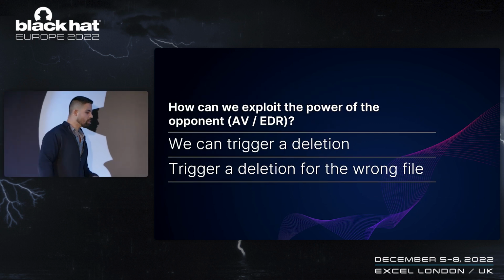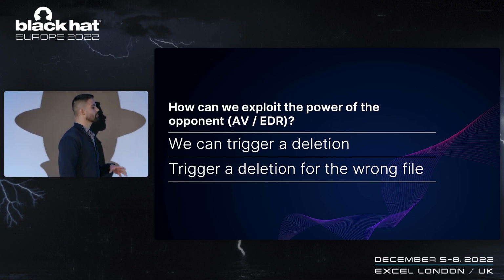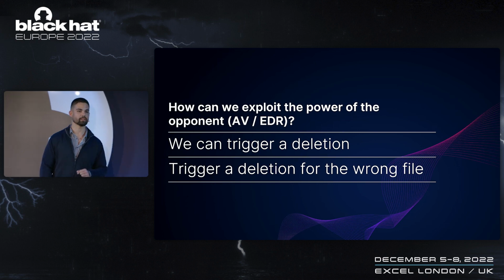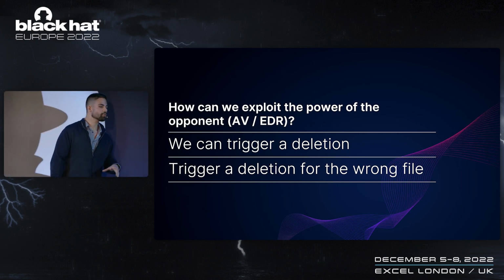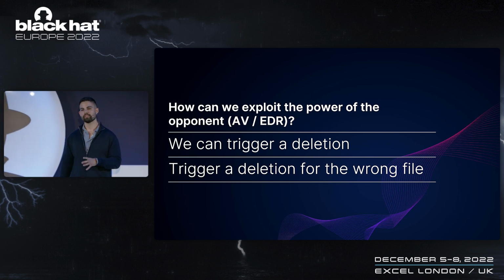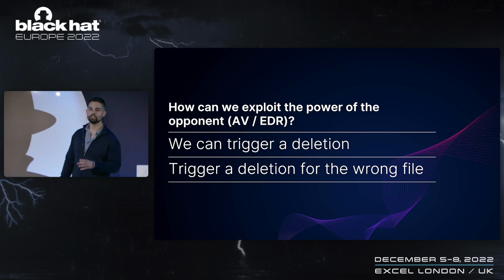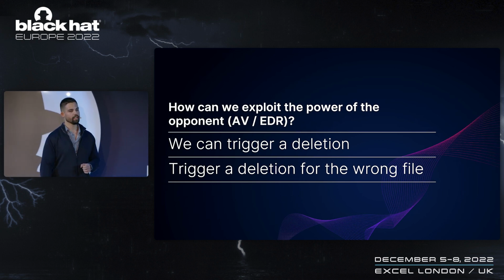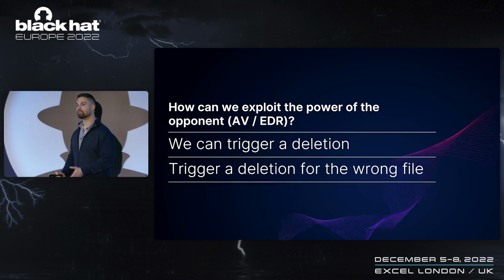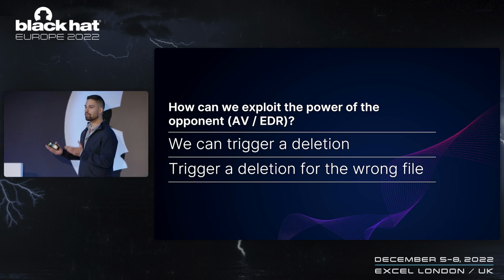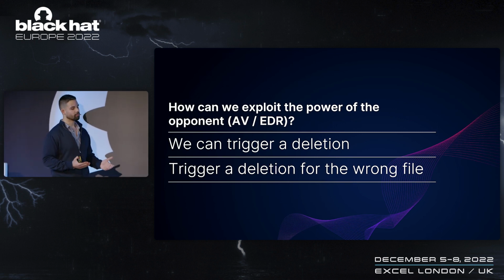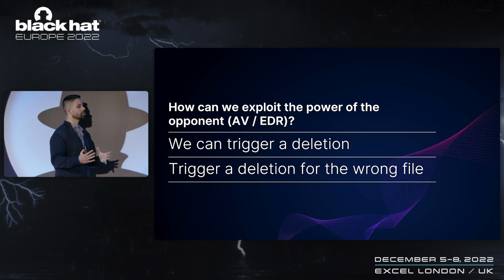So, with that said, we can start thinking about how we're going to Aikido the EDRs to delete our own target files. And a very crucial thing to understand at that point is that even as an unprivileged user, we still have a certain amount of control over the EDR. And that is because as an unprivileged user, we are able to create a malicious file. And so we are triggering the EDR to delete that file. And all that we are left with at this point is that we somehow still need to trigger the deletion